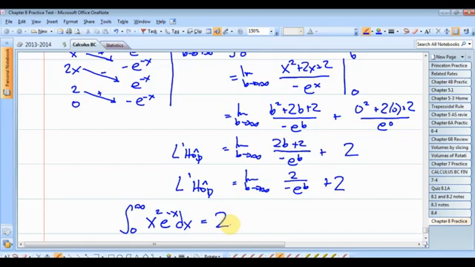All of that for 2. It's like when you had algebra 2 and you